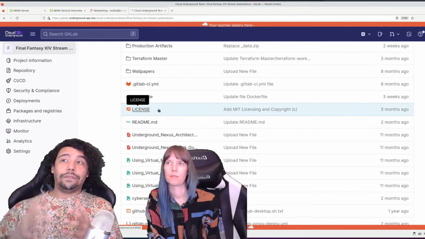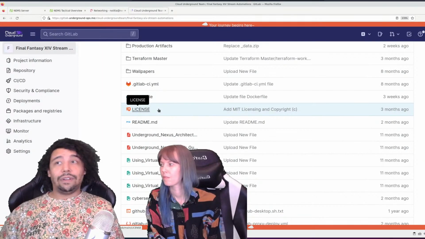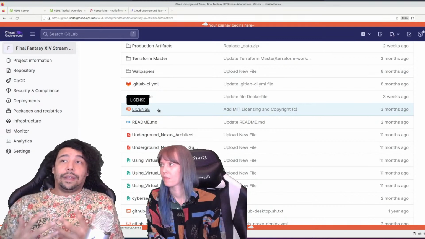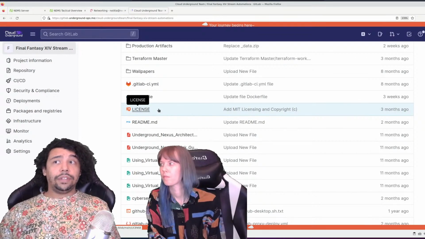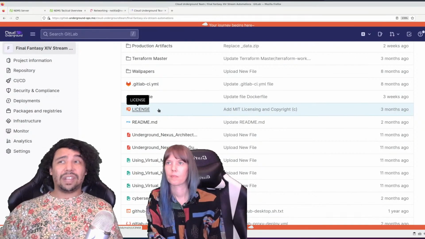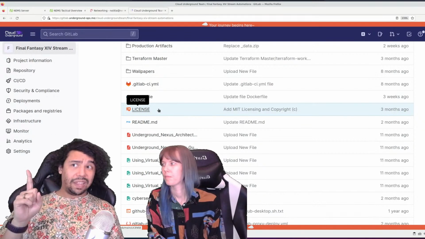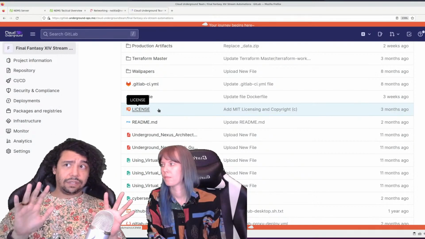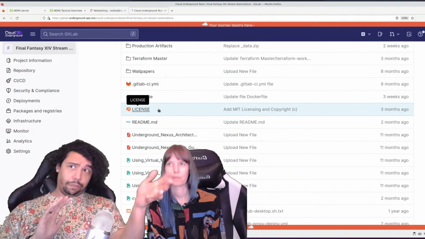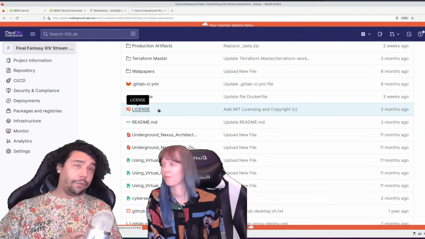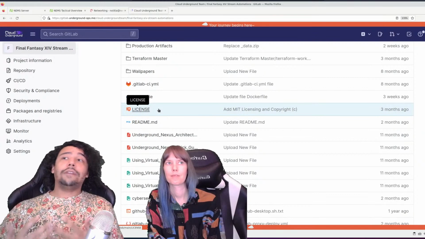For those who have been following us for a while, you've probably heard of the Underground Nexus at some point. The Underground Nexus is a copy-paste data center. Not only does it configure a complete DevSecOps pipeline for you, powered by GitLab, with GitLab in it, all these things, it deploys and configures this for you,